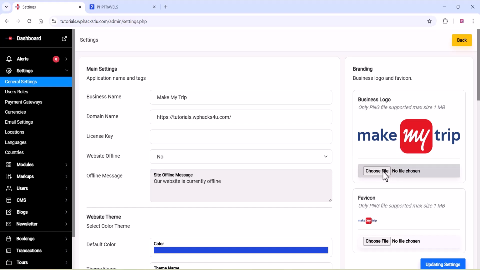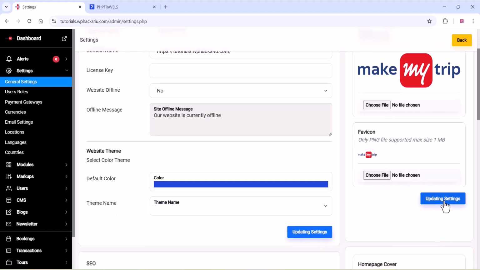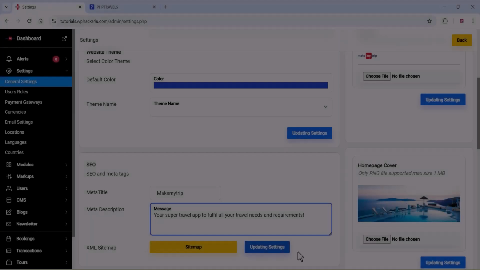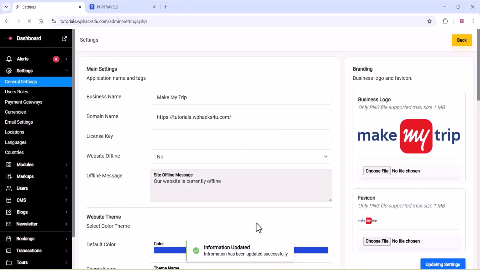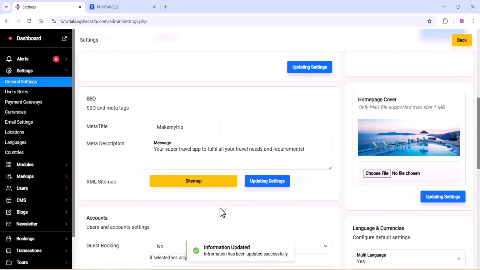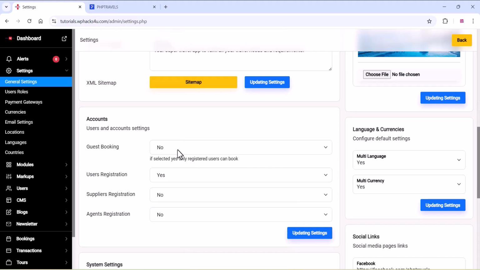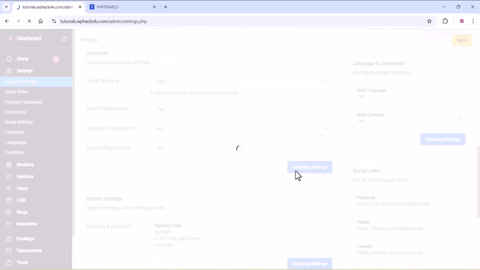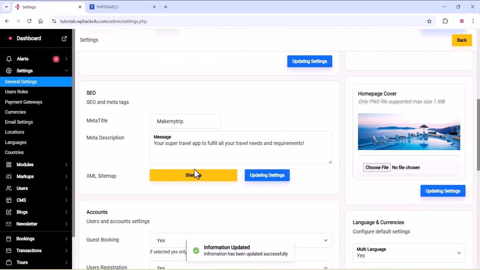You can upload the logos and the favicon, and all these things you can manage here. You can change the default color, website color, theme color, all these things you can change here. Once you are done, click on update settings, then only the changes will take place. And all these guest booking options and user registration, all these options you can enable or disable according to your